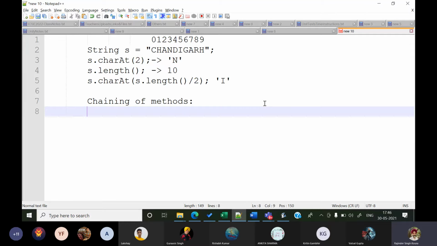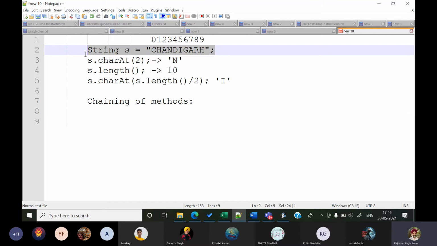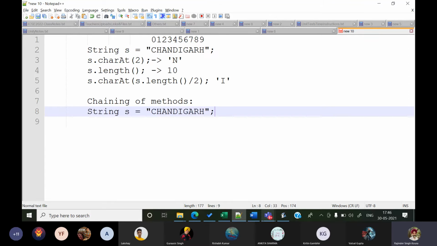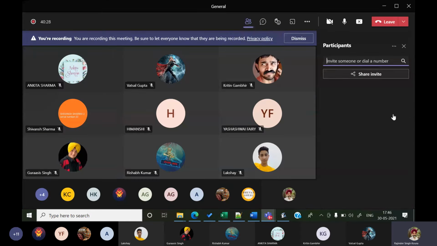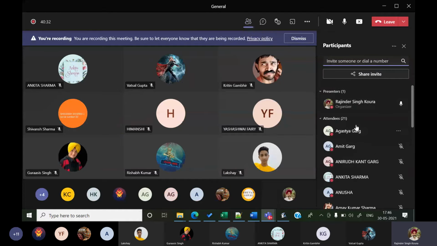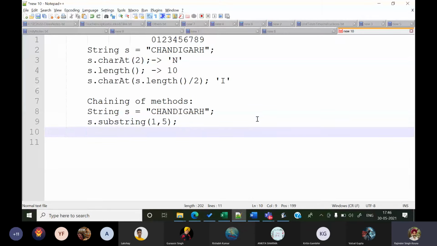If I have a string s equal to Chandigarh, can you tell me what s.substring(1,5) is going to return? It returns hand, 1, 2, 3, 4.